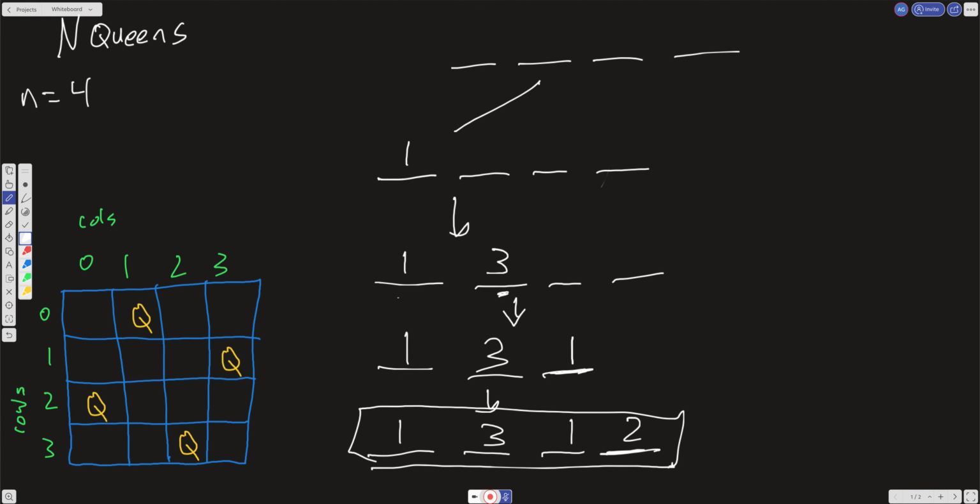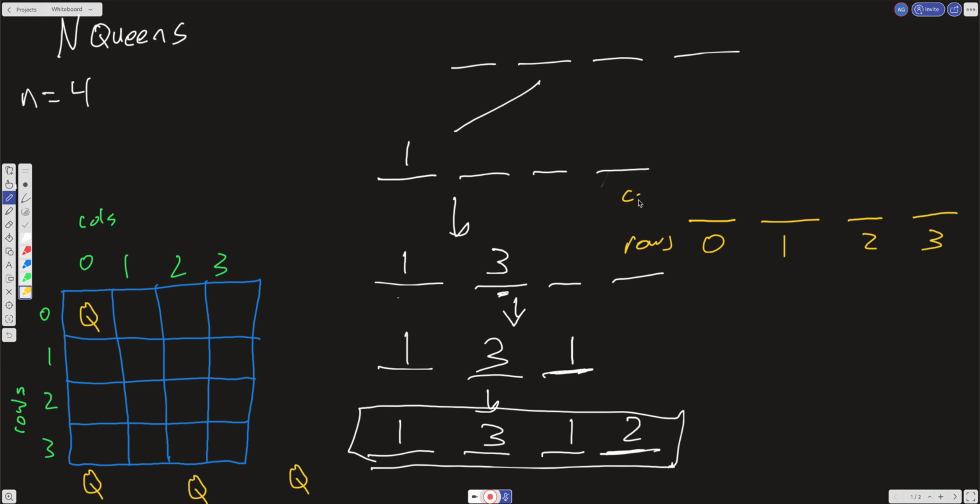Right? So let's take a look at what we mean by that. Let's say we have a column conflict. So let me move these queens out of the way. And let's say our slate here is looking like, I'll just write this on the side here. Okay, so I'll just use yellow here. So we have, this is our slate, right? 0, 1, 2, 3. This is our rows, and this is our columns. All right. So here we have 0 and 0 on our slate on row 0,